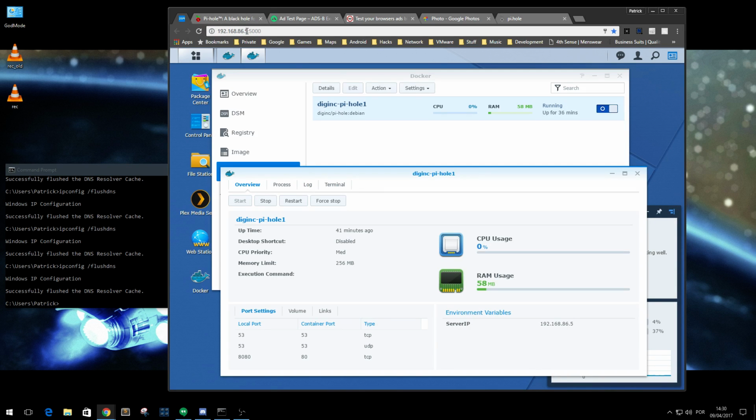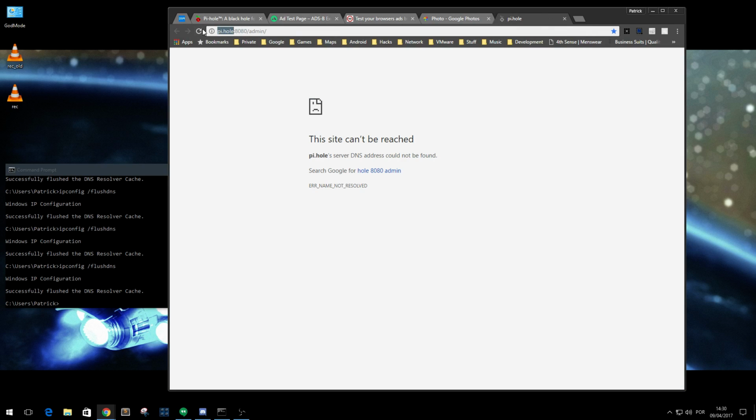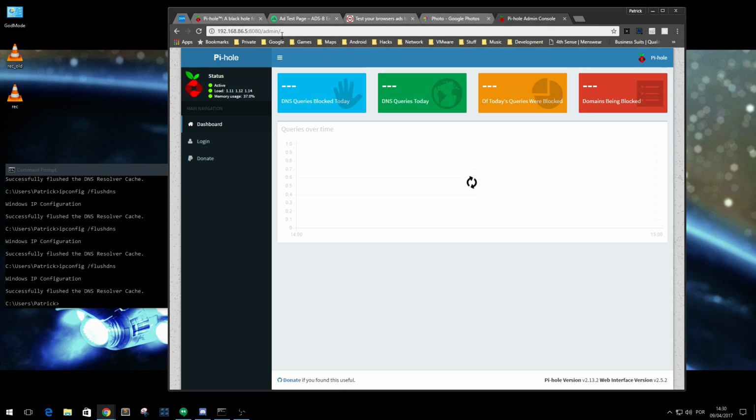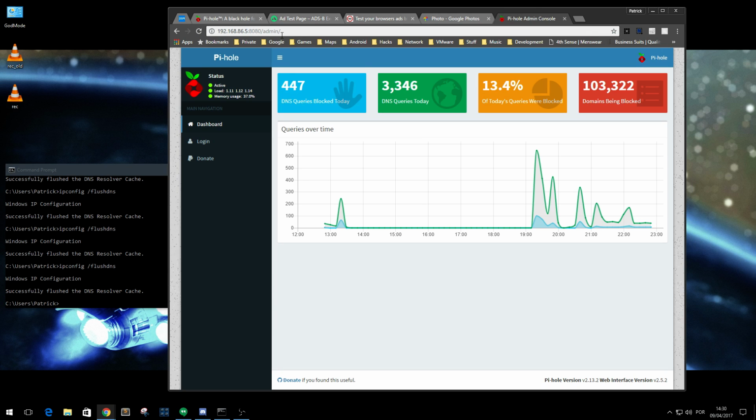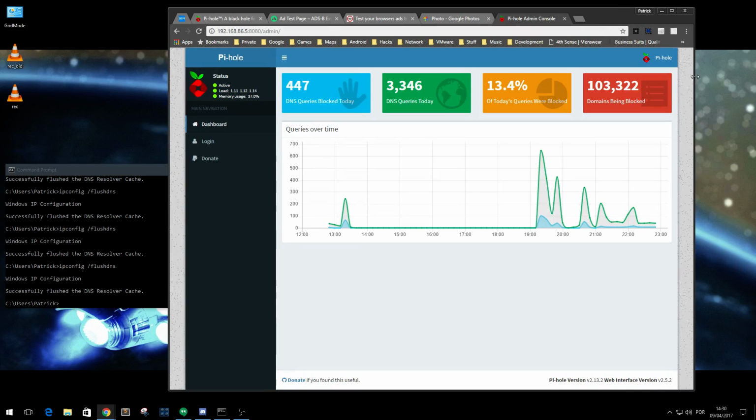Okay, give me just a minute. I think this is not working. Ah, now it is working. So currently this DNS is still a bit strange. Sometimes it is required for you to restart the Docker container for everything to be set up. As you can see, this is the same interface